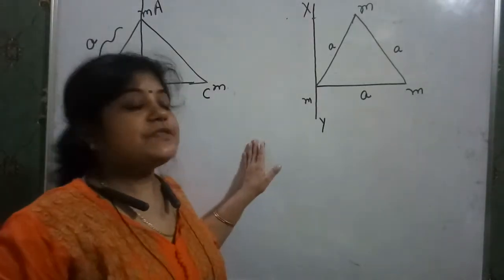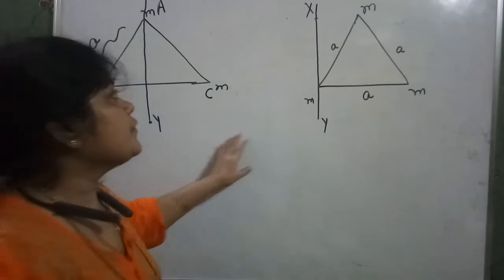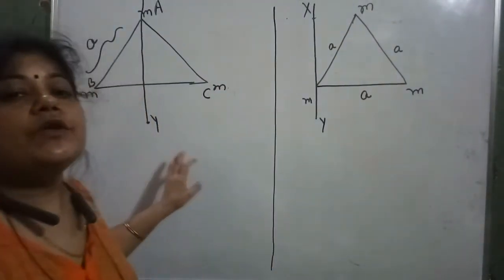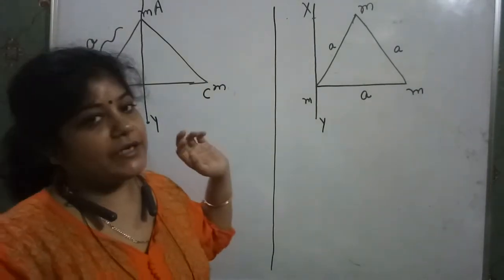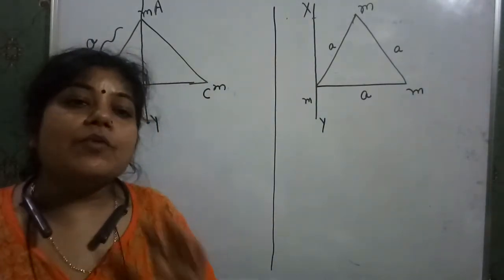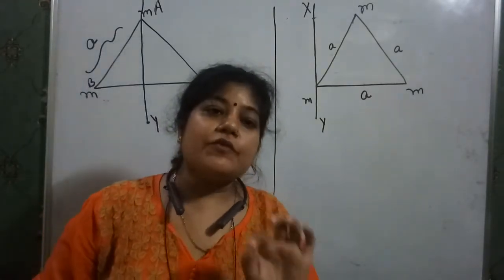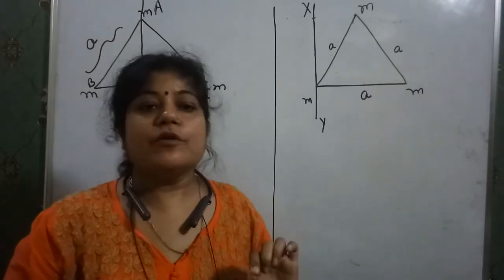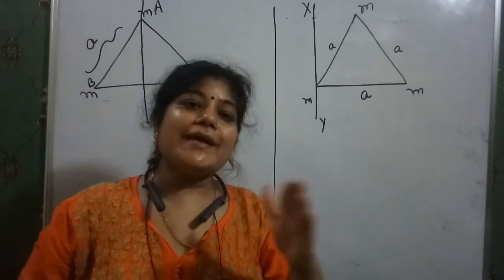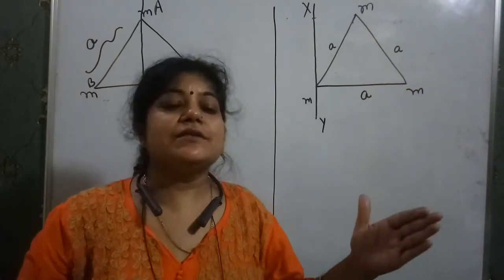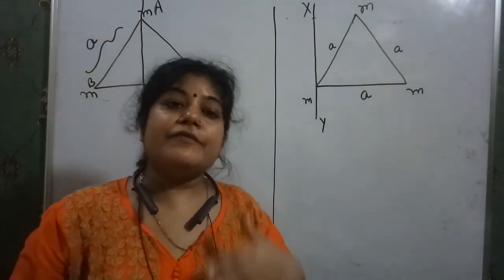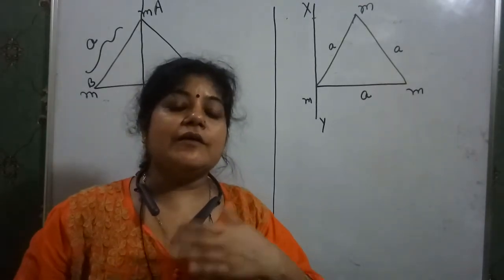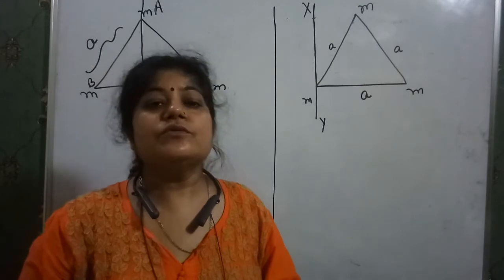Now students, you have seen that there are two figures in front of your screen, and I am going to explain how you will find the moment of inertia in both cases. In finding the moment of inertia, the axis of rotation has a very important role, because from the axis of rotation we have to find the distance of the particle, and in different cases the distance of the particle differs. So ultimately the value of the moment of inertia also changes.